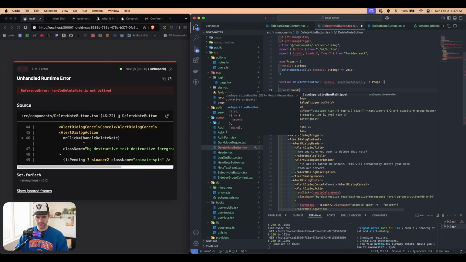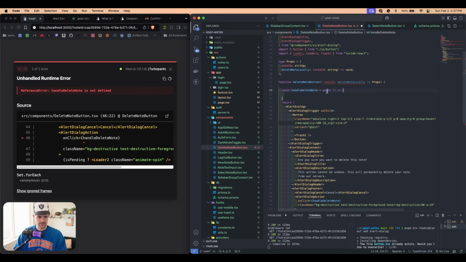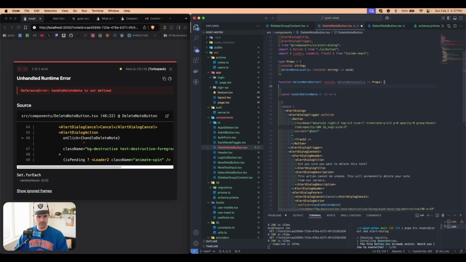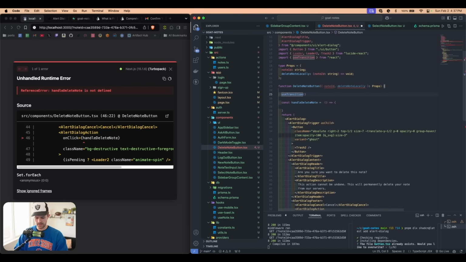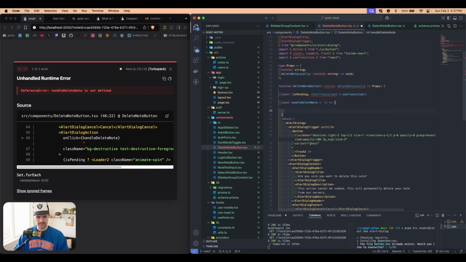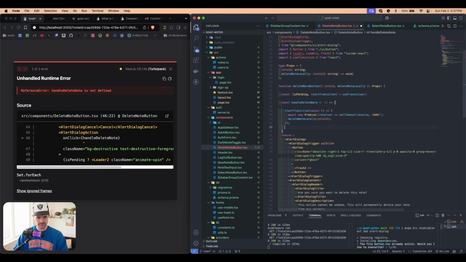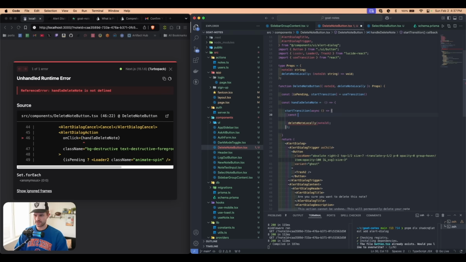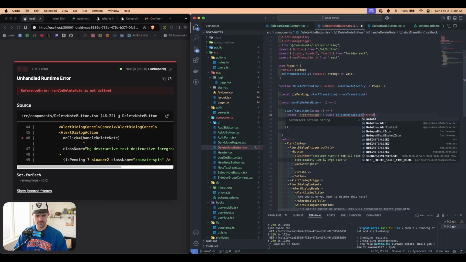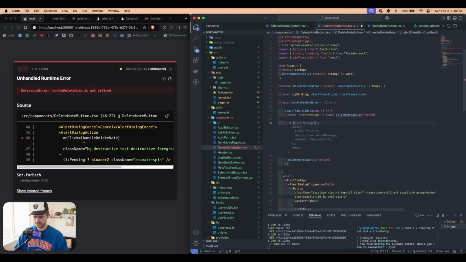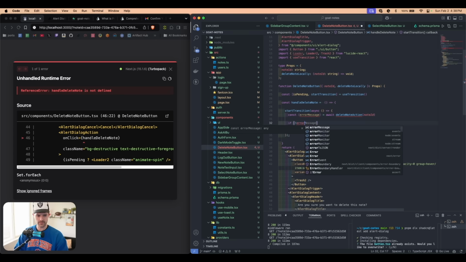So we'll come right here, const handleDeleteNote. This does not need to be async because we're going to use transition. And from that, we're going to get isPending and startTransition. And then this, when we do the startTransition, that is going to be async. So we're going to say const errorMessage is going to equal await deleteNoteAction, which we have to write, and we'll pass in the noteId. And then we'll say if there's no error message,